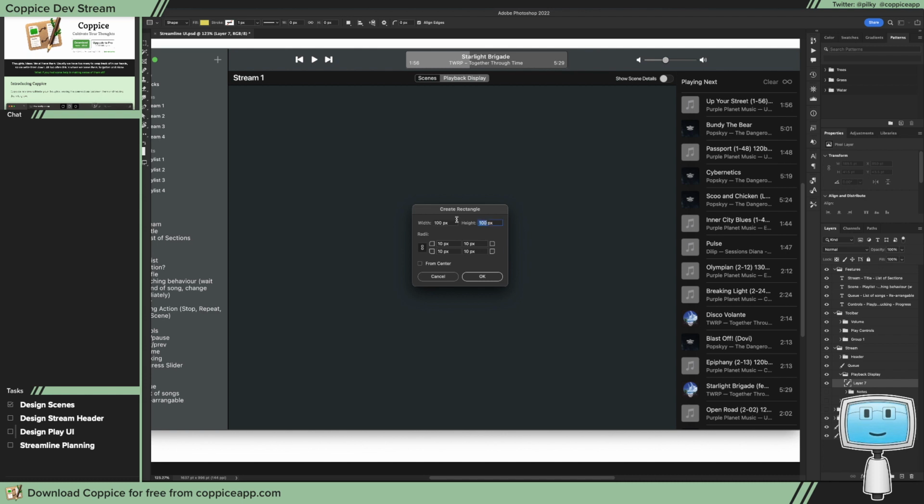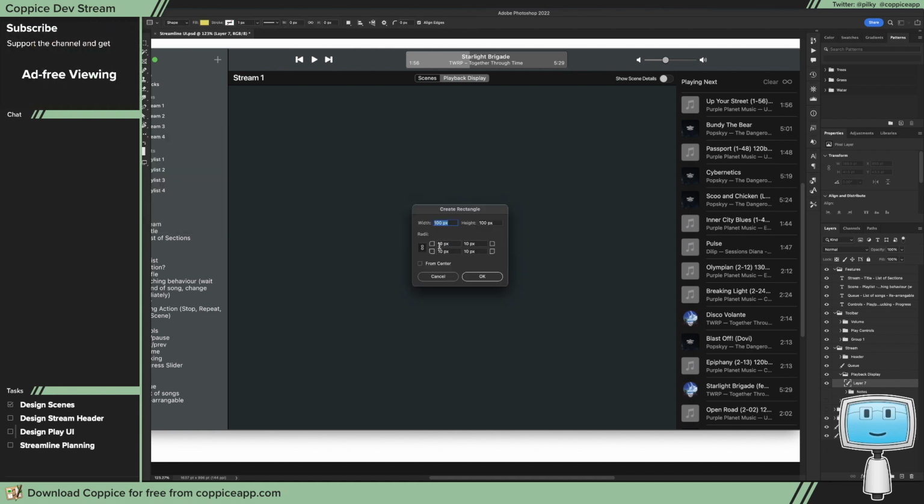Now the height, say 120. Width, let's make it